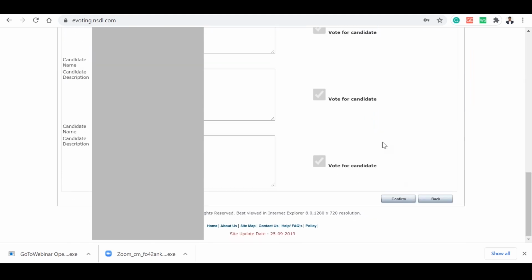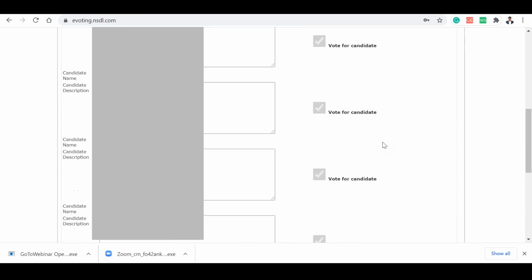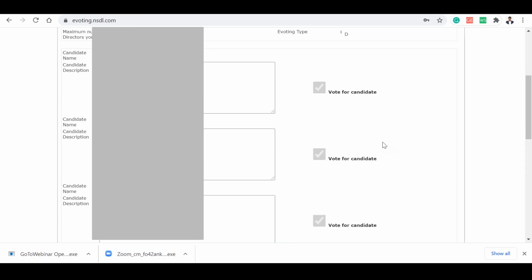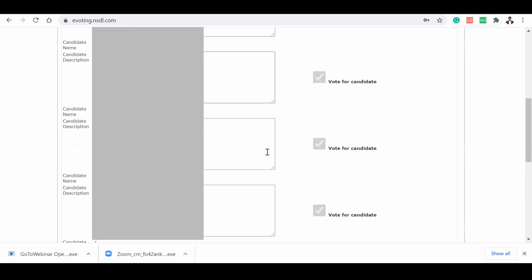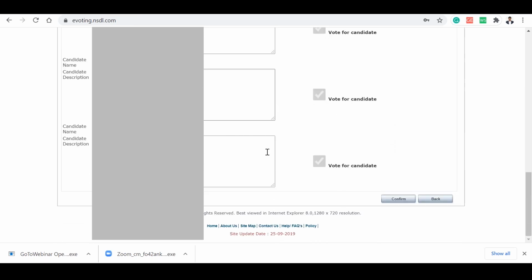It will show you the numbers again. You have to cross check 1, 2, 3, 4, 5, 6, 7. Make sure that you cast only 7 votes for the chapter and then confirm.